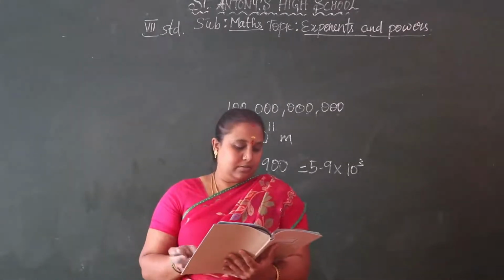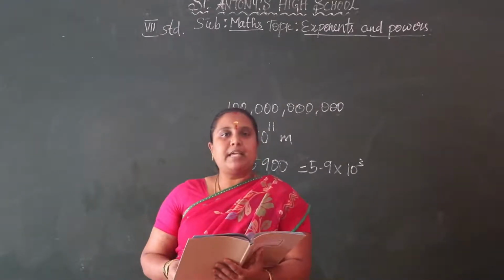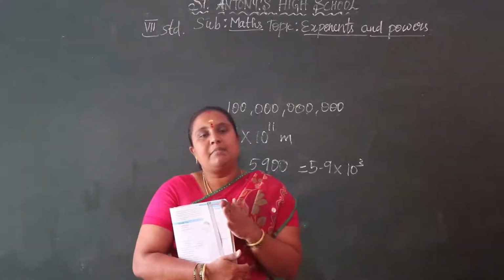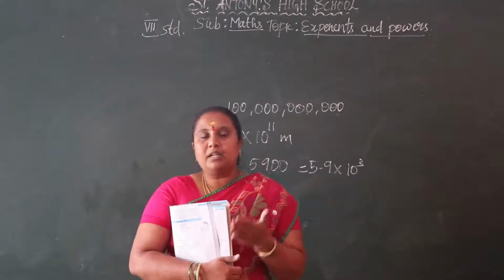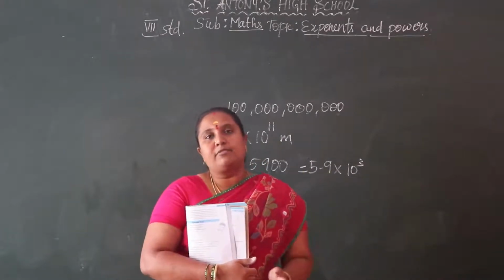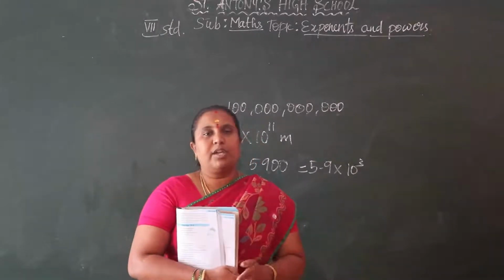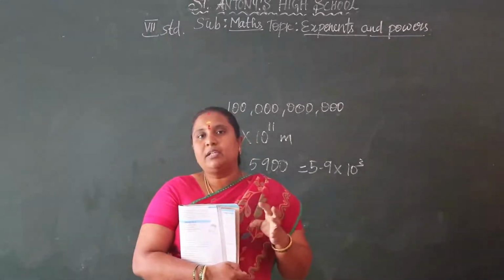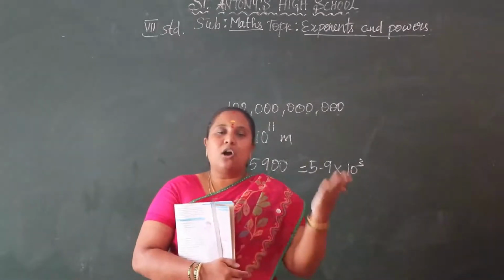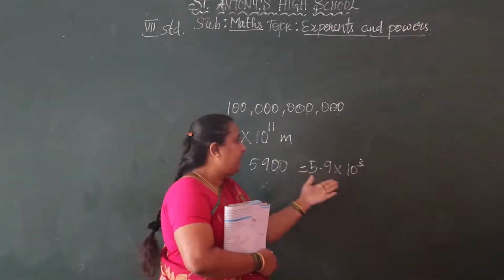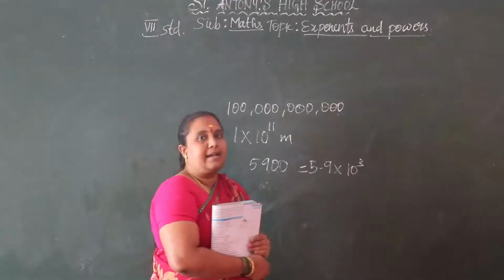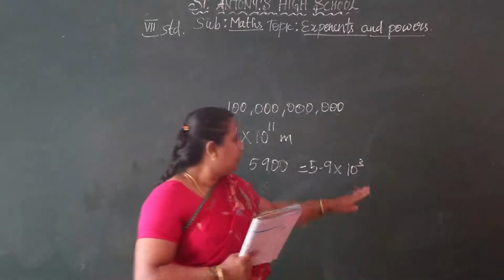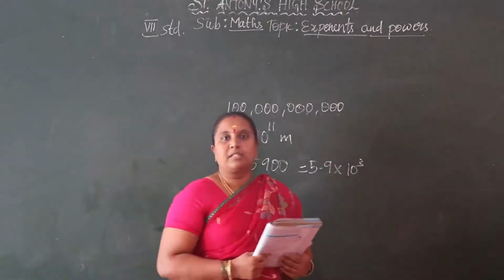Then we have example problems. It is given in your textbook, page number 110. These are the two concepts that come under the decimal number system. In the decimal number system, you have to expand the given number based on the place values, and those place values we have to write in the exponential form. Then we have to write the standard form of very large numbers. Those large numbers we write in the exponential form, and this is the standard form. So we have expressed all these numbers in standard form based on this exponential form or powers system.